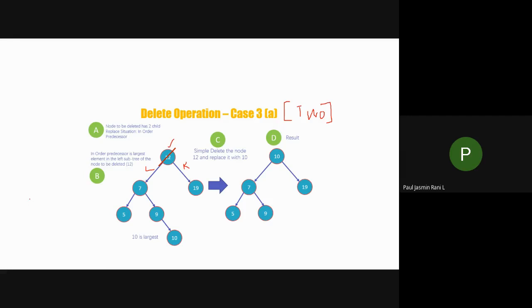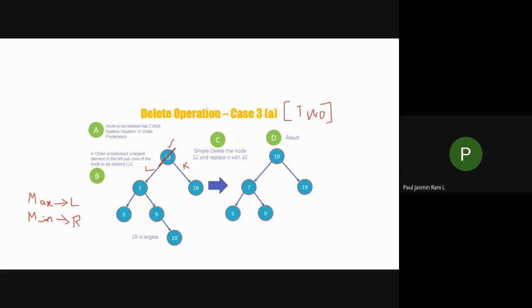I repeat it once again. You have to take the maximum element from your left subtree, or you have to take the minimum element from the right subtree. You can choose any one.